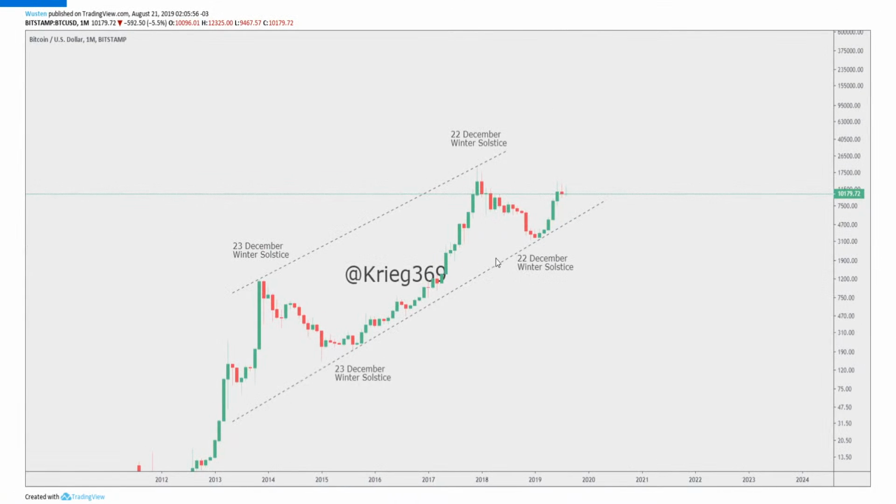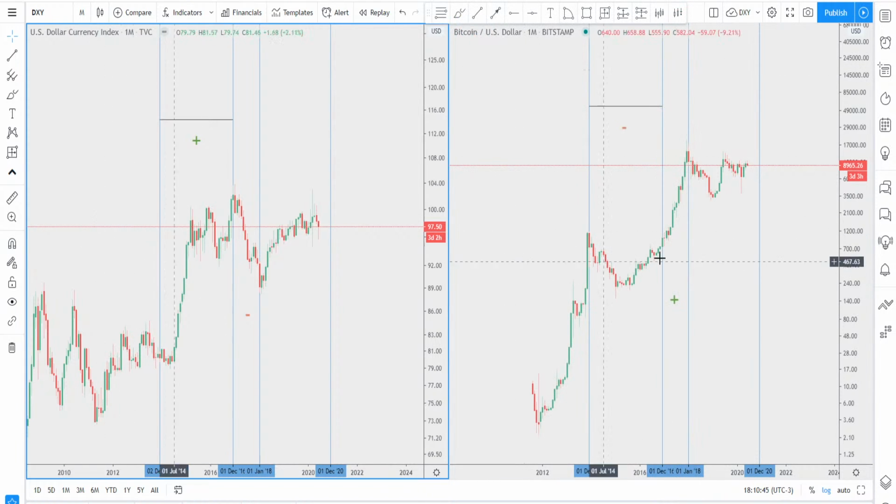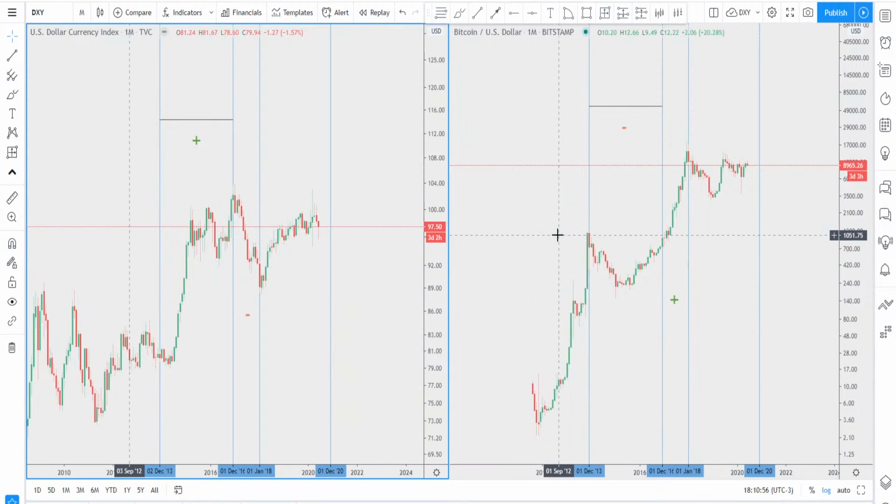Yeah, so I posted this one back in August last year. And I started to work on this way before. Okay, so for 3 occurrences, it's very significant. Okay, 4, 5, 6, 7 or more, it's way more significant. And if you are familiar with my work, my research, you know I already displayed a lot of correlations, not only on crypto, but on metals and the dollar. Okay, and so moving forward,